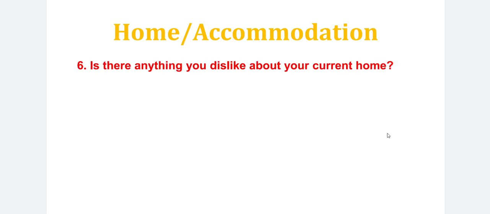Okay, so moving on to the next question. Is there anything you dislike about your current home? So now the examiner has asked us in one of the previous questions what is my favorite room, so basically what I like most about my home. And now they are asking me as a candidate, is there anything that I don't like about my home? Is there any room or any particular facility or any particular feature I don't like about my home? Let's see the answer, then we will discuss two or three more possibilities.